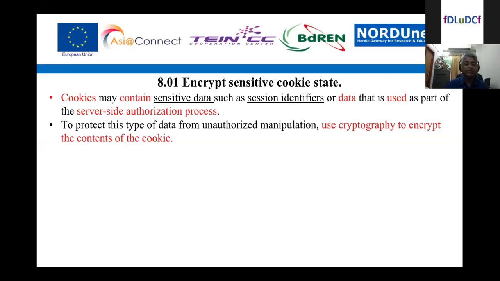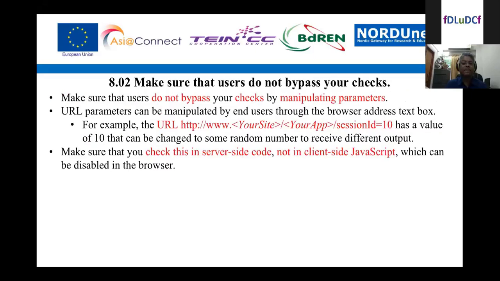Before storing it, you have to encrypt it, and you also need a server-side authorization process. To protect this type of data from unauthorized manipulation, use cryptography to encrypt the contents of the cookie,